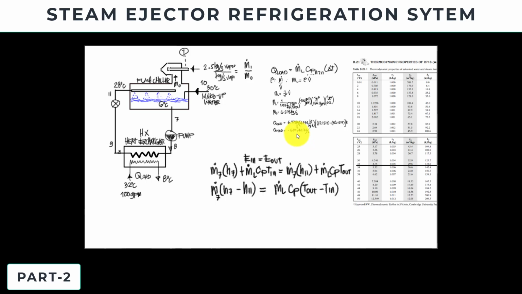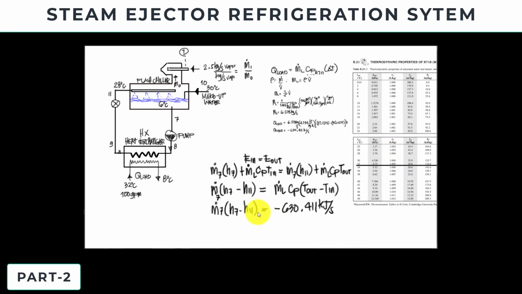Now this is almost equal to this one here. If we substitute, we have the mass flow rate 7 times enthalpy 7 minus enthalpy 11, which is equal to the value, which is the negative 630.411 kilojoule per second. Now we need to find the value of enthalpy 7 and enthalpy 11 in order to get the mass flow rate of water that is circulating in our flash chiller or our cooling water.